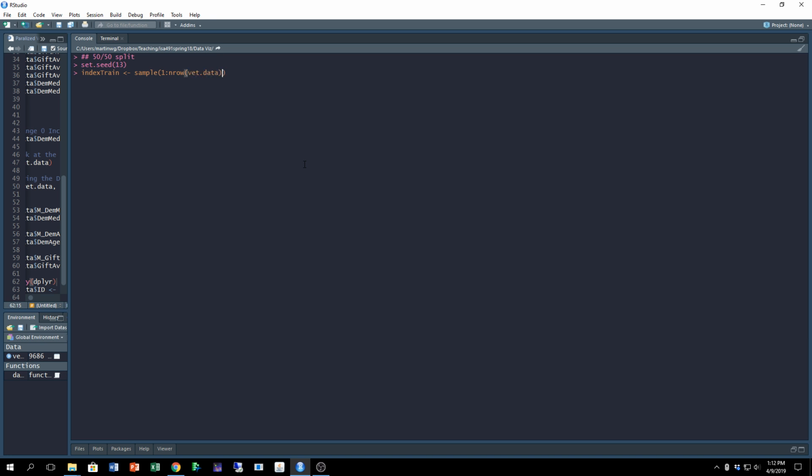So we want to have 1 to the number of observations in the fed data, and we want to do a 50% split. So that is 50% to be assigned to training and 50% to validation. So this is the index trained. So we are going to say training is equal to vet data, and use subsetting to just select those observations on the training, and then